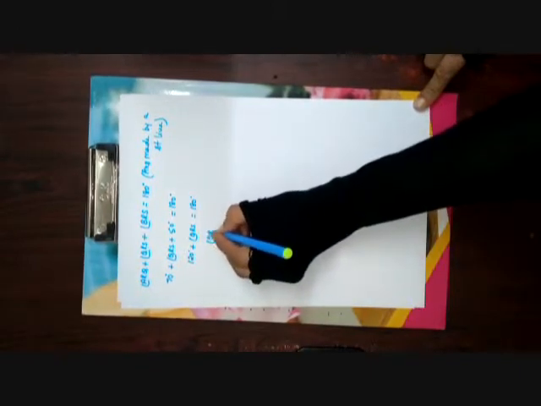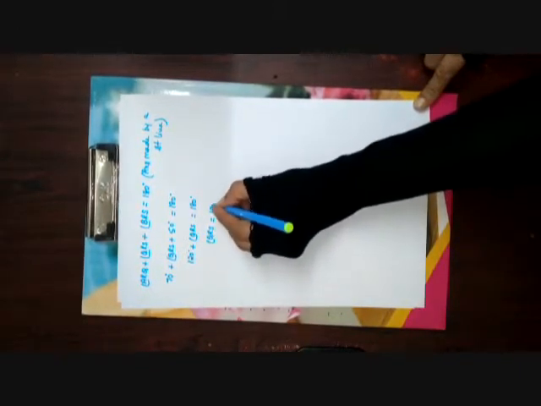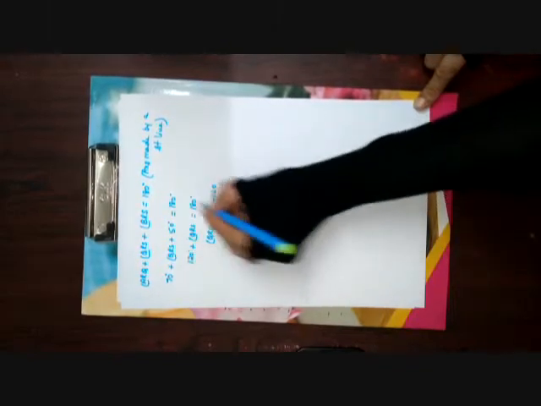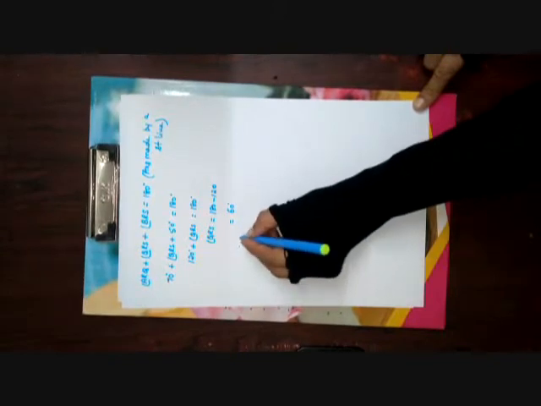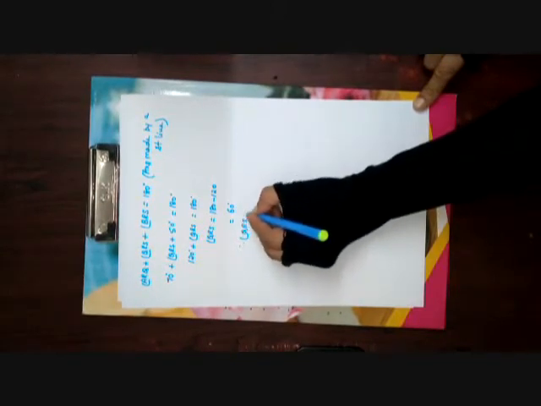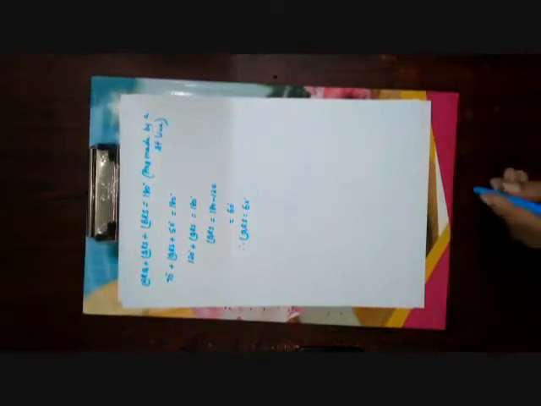Angle QRS will be equal to nothing but 180 minus 120, transposition children. So that is equal to 60 degrees. Hence we found the value of angle QRS as 60 degrees. Is that clear children? Very good.